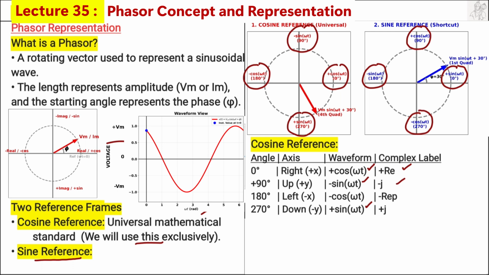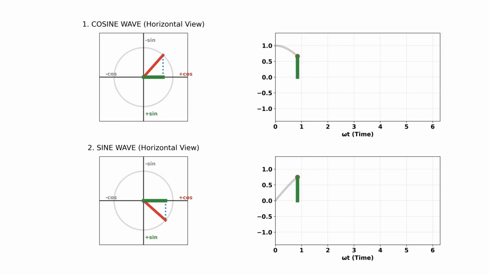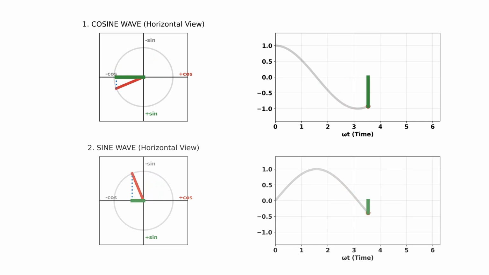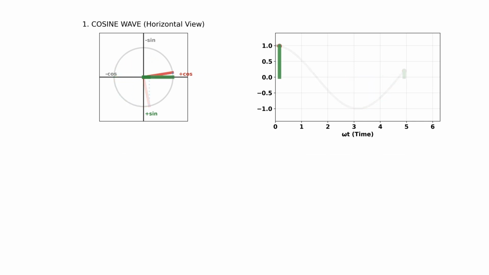So now we have understood the cosine reference, and let's see how the wave is represented by this reference. So this is a particular animation which represents cosine wave and sine wave represented by the rotating phasor. So let's start with the above two images. In the right side, we can see that this is a cosine wave because at 0 degree, that is cos 0, it is having the maximum value, that is 1, because cos 0 is 1. At 90 degrees, it goes to 0, and at 180 degree, it goes to minus 1, that is the maximum negative value. So at start of the wave, the magnitude is 1, and if we see the rotating vector, we